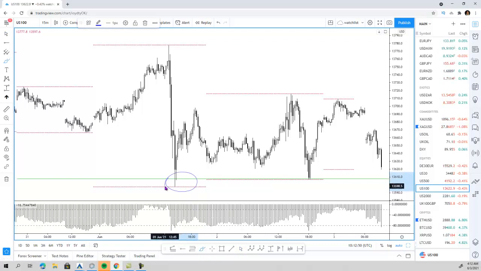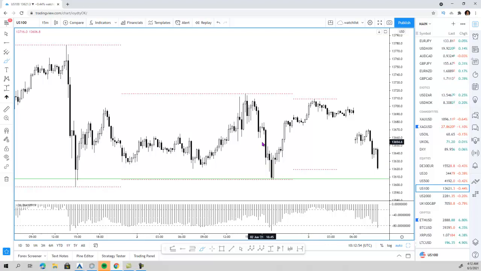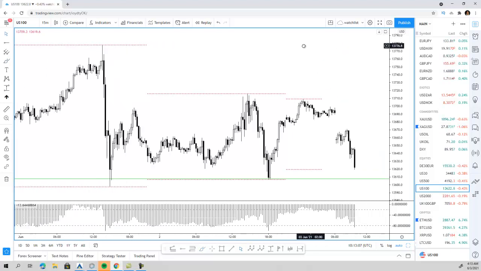This means that, of course, buyers are jumping in here. The last time that price came to this level, we had a 50-minute bullish engulfing candle. Now, this is, to me, not a trigger to go long, but because we are trading in such a narrow